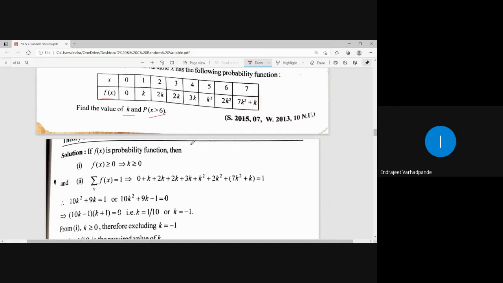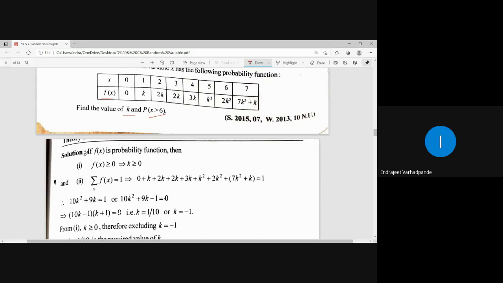Right. So in the earlier class, we have discussed that whenever we have the probability for the discrete random variable, as of now, we have learned about the discrete random variable only. So for the discrete random variable, what is the condition? f of x should be greater than or equal to 0, and summation of all f of x should be equal to 1. That is how we can always calculate the values accordingly and get the answer.